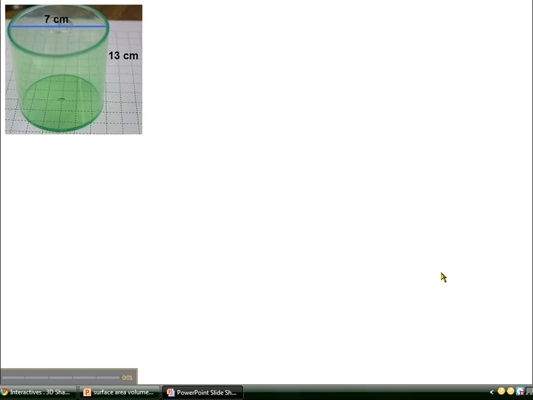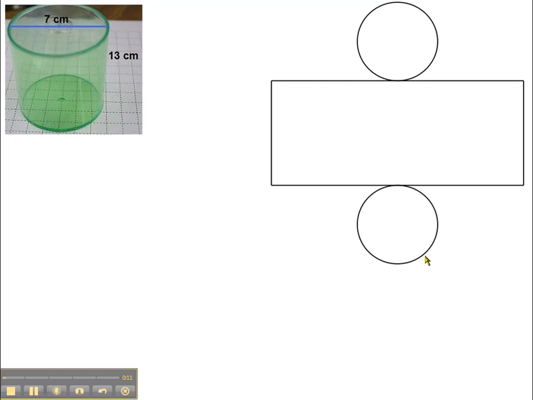Alright, we're going to talk about the surface area and volume of a cylinder. And again, we're going to break it down piece by piece, and also use a formula. So if we look at the net of a cylinder, this is what we're going to get: two circles and